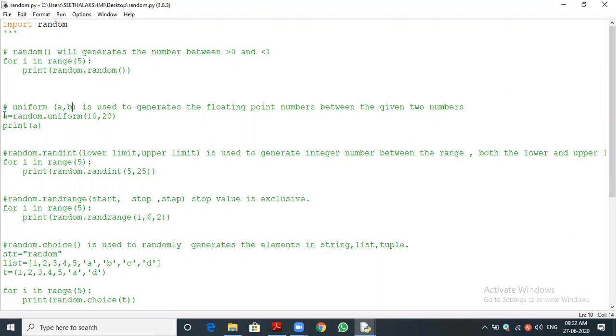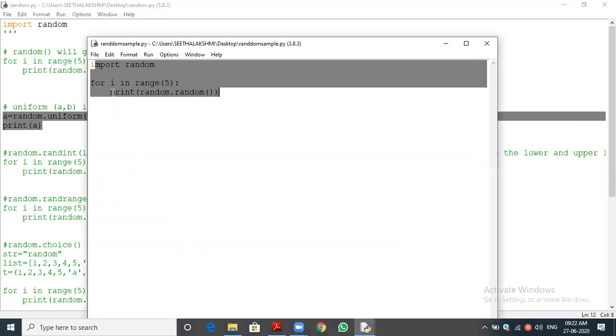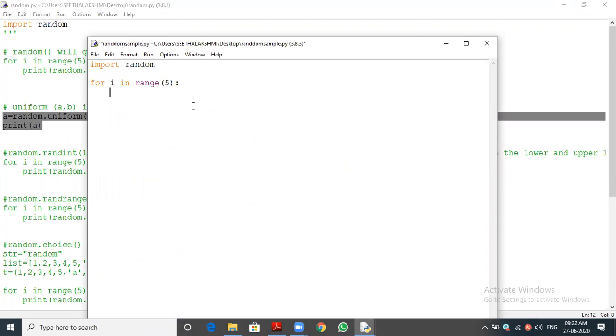Let me try the uniform function in our program. I'm pasting it again. I want to print five outputs, so I'm using for i in range of 5.